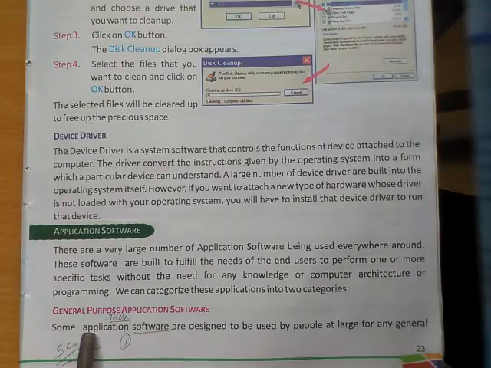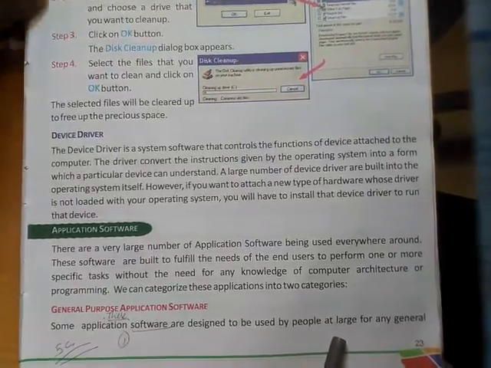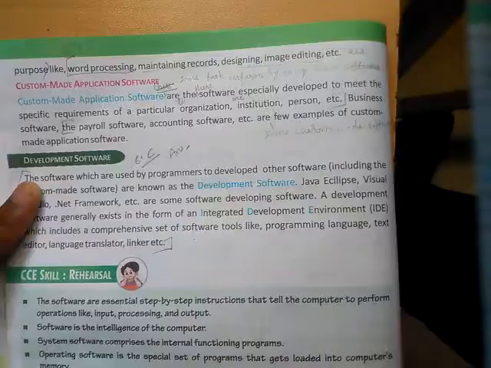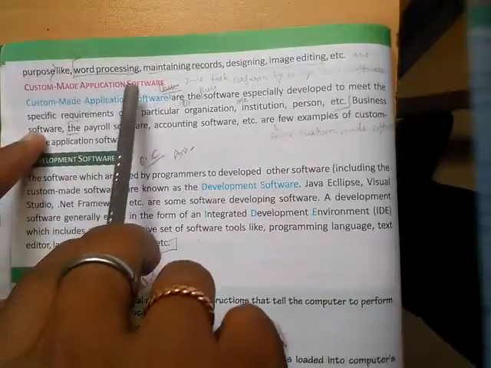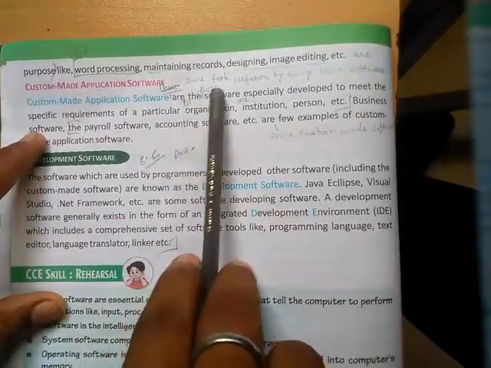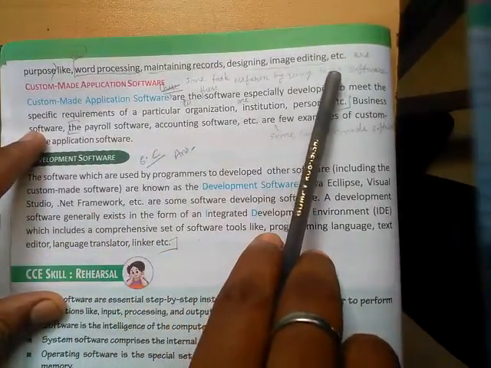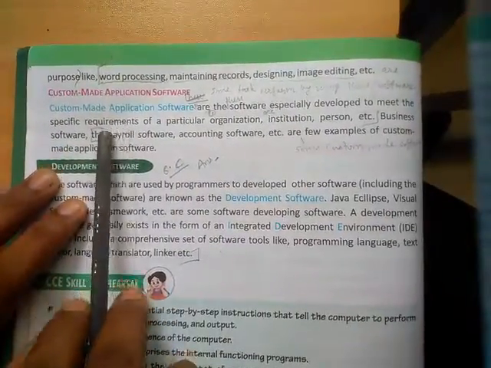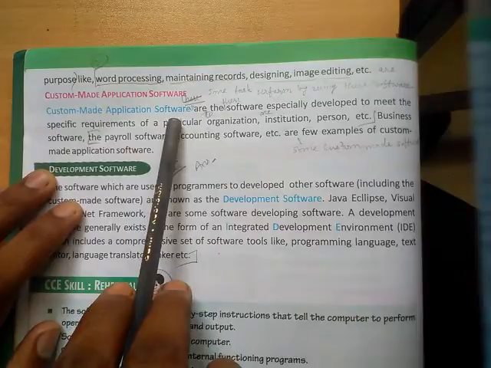Number 1, general purpose application software. Some application software are designed to be used by people at large for any general purpose like word processing, maintaining records, designing, image editing, etc. Second is custom made application software.